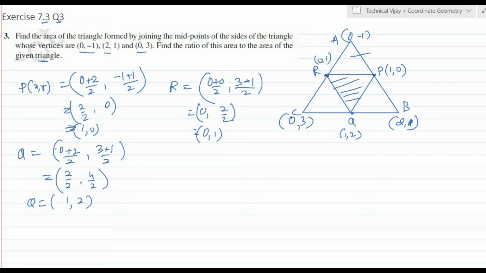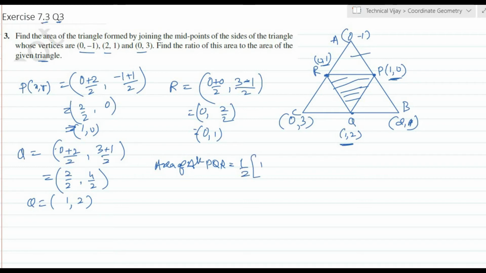So to calculate this area of triangle, what we have to do? Here we have to assume this is x1 y1, x2 y2, x3 y3. Area of triangle PQR is equal to half of